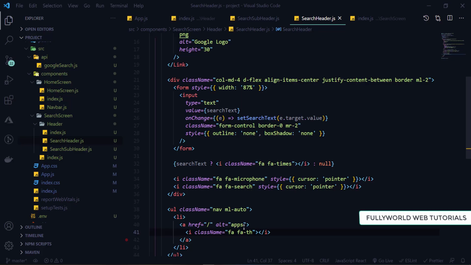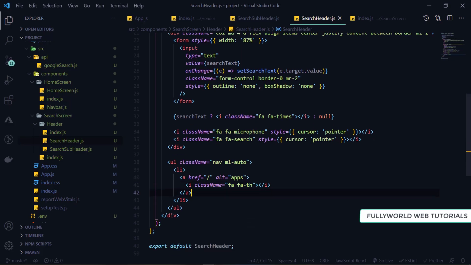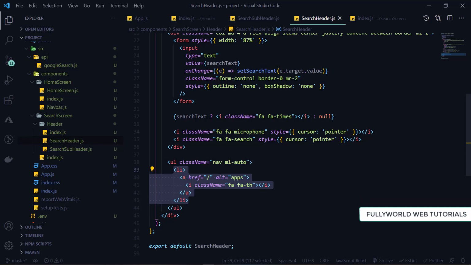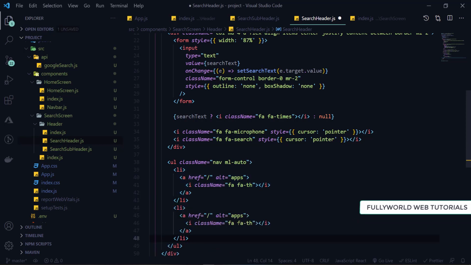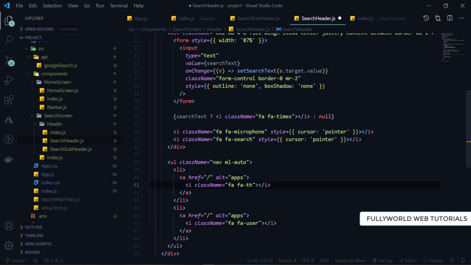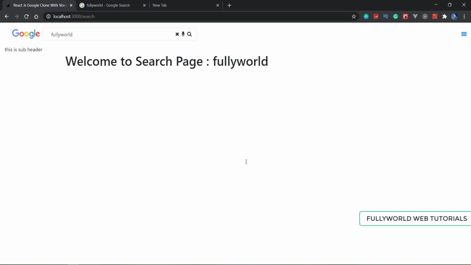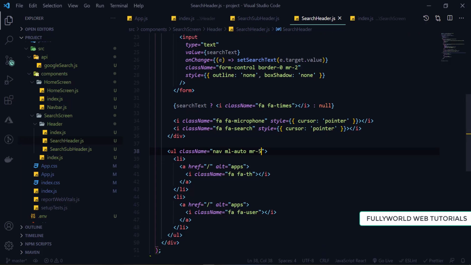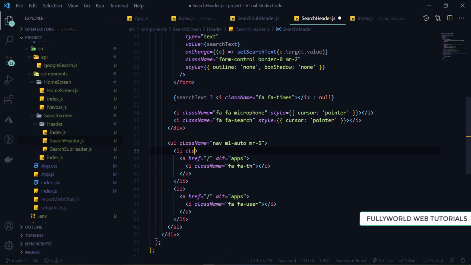Save this, and let's see how it is looking now. So see that it is looking good, and here nav is there. Here I'm going to write class name as nav item, and same class name I want to apply here, and then here we have to apply one class, that will be our nav link. Save this, and now let's see. See that now it is looking good, and we just have to change these colors only.